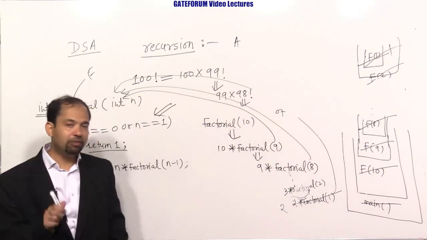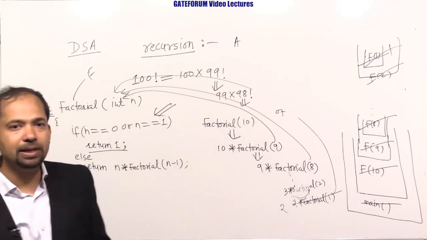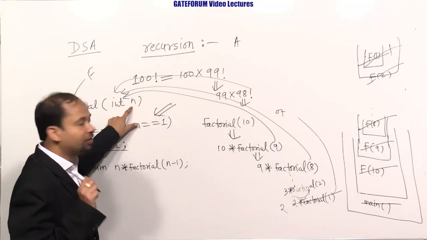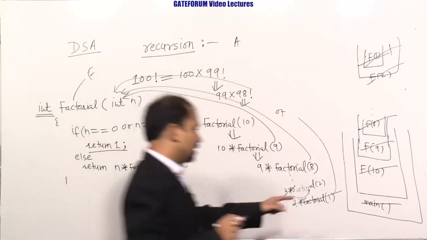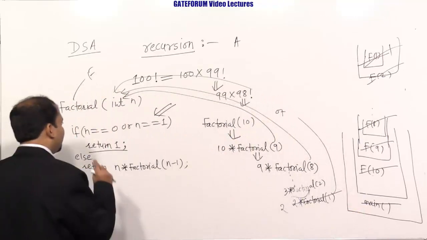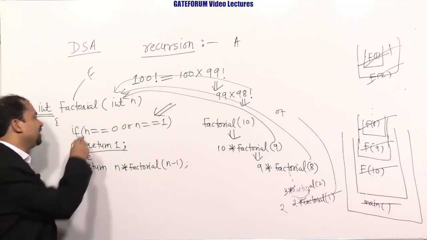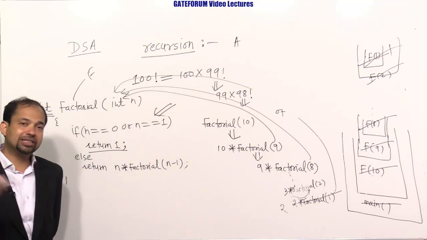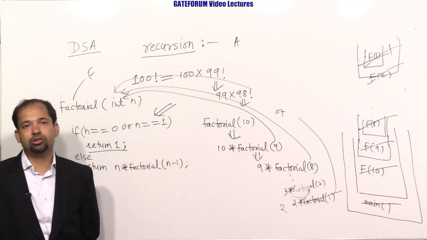So whenever we handle functions, many function frames are created in memory. Many function frames, and it depends on the size of the input. So here in this case, how many function frames will be created? 100. If I have n, then n function frames will be created for this particular function, and for main one more function frame. And see, if we have not written this program properly, you have some error in your code, and especially if you have not handled the base case properly, then function frames will go on being created, and your system will hang and you will run out of memory.